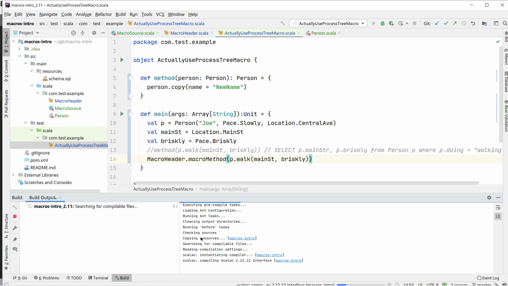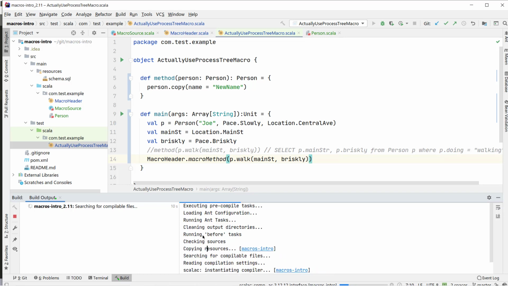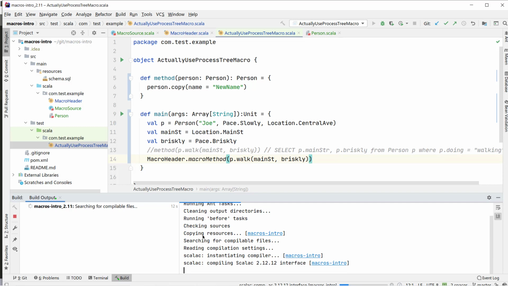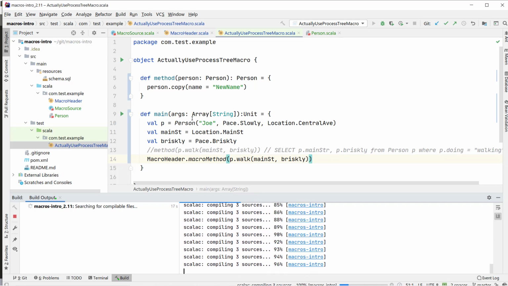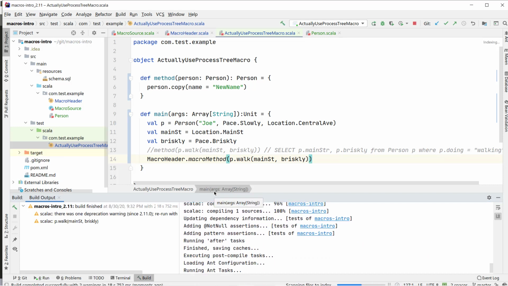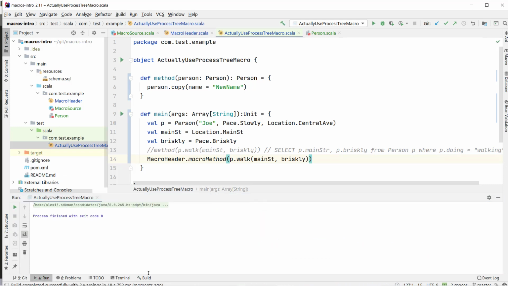That was the result of our show method. So it printed out the code, but we didn't want the code. We actually wanted the abstract syntax tree. So I think it's show raw. Let's try that. And one other important thing to note is that when you are running a macro, if we